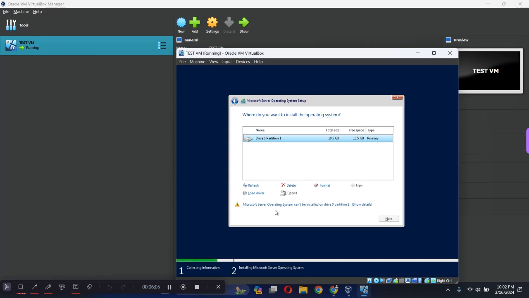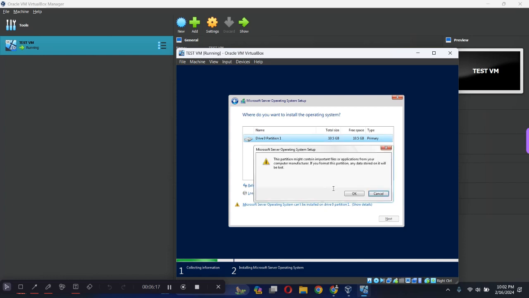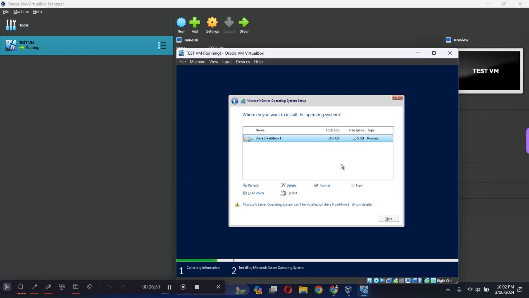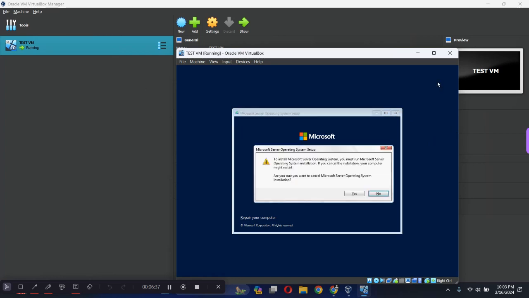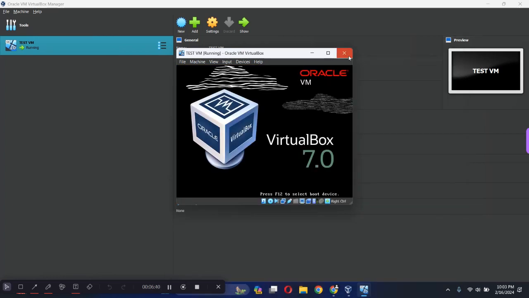Sorry, Microsoft Server operating system can't be installed on the drive. I think I don't have enough space to install the server. So I think I need to give more space. Okay, nothing to worry about, you can just cancel